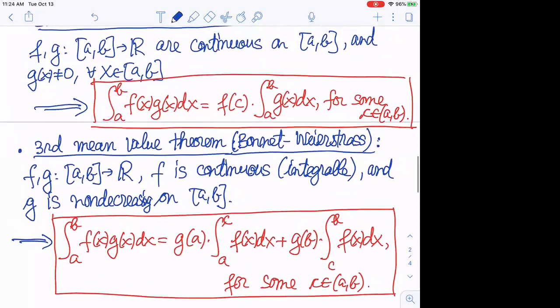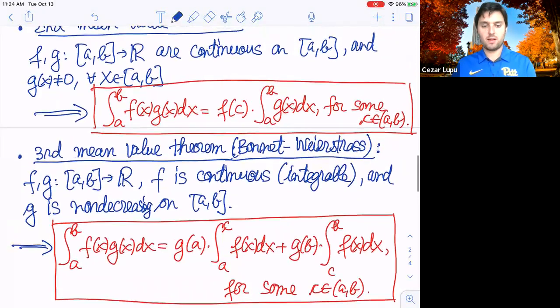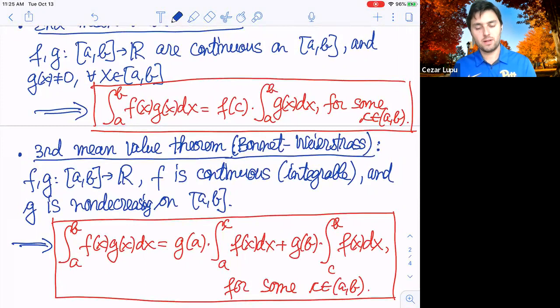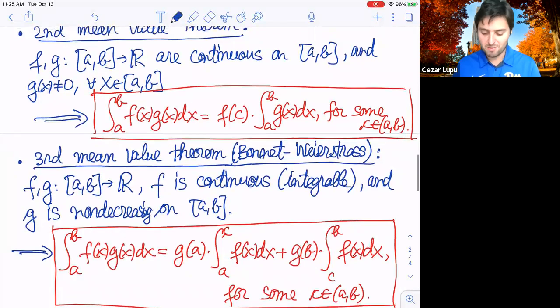But anyway, just like I said, I haven't seen this done in any calculus textbook. If you Google about the Bonnet-Weierstrass mean value theorem, you're going to find some papers from back in the early 1900s about proving this theorem. It looks like Bonnet and Weierstrass's proof was a little bit, well, I won't say complicated, but some people wanted to find easier proofs. Well, that's a tendency usually in math.